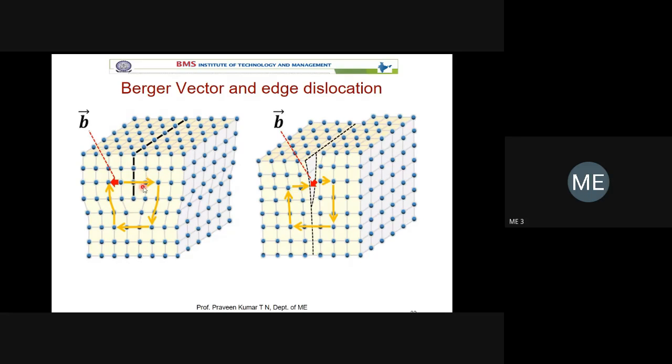Suppose one road is closed, so you are moving from here, then you take a different path, moving in a straight line. Then here there is maybe some road blockage. To avoid the road blockage, you take one more turn and reach here. Initially it moved by 10 units if there is no defect. Because of the defect here, instead of 10, it may be 12 mm. The 10 minus 12, that is 2 mm, is the magnitude of the Burgers vector.